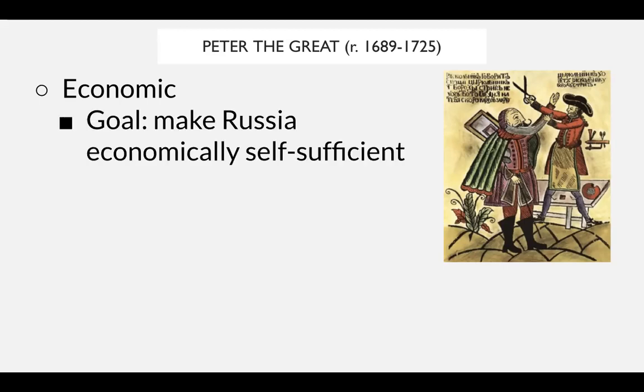Well, his goal essentially is to make sure that Russia can industrialize. Russia cannot be dependent on borrowing stuff from its Western European friends. So the goal is to make it self-sufficient, able to industrialize, able to produce its own manufactured products. It's not going to work for the most part, mostly because of this intense power that the nobility still has. Even though Peter is taking away power from the boyars, the nobility still does have a lot of power,